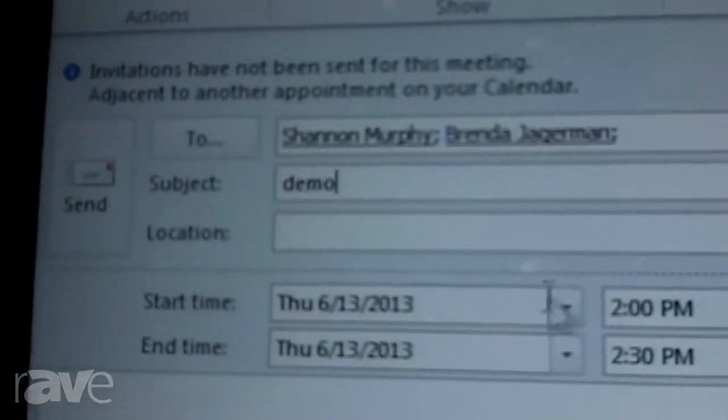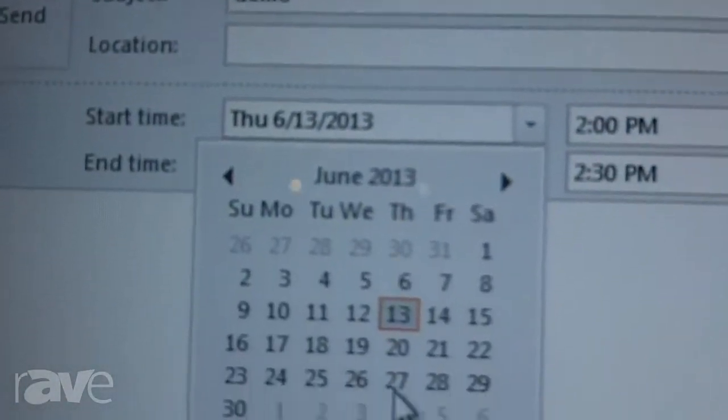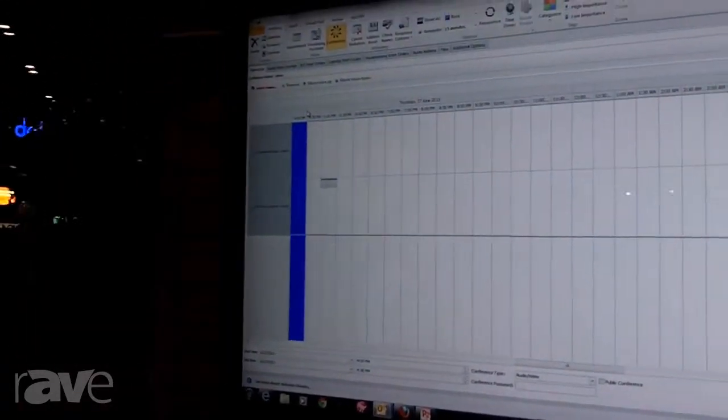You're able to pick the people just like you would do normally. You're able to pick the subject matter, and then you're able to set the time and date. myVRM allows for simple ends to follow exactly the way Outlook goes. Once you pick the conference button, you're able now to have the rooms and all the people on one single